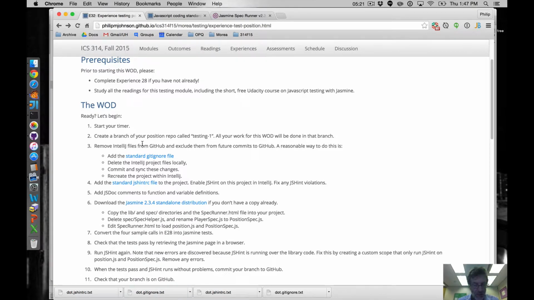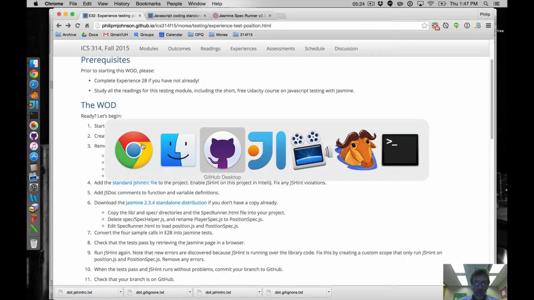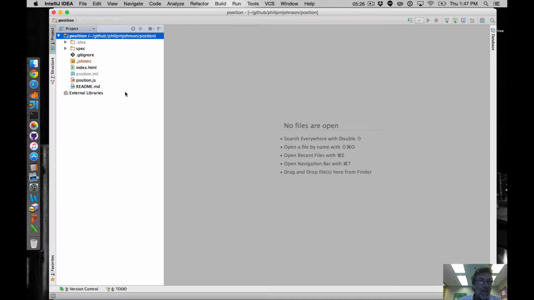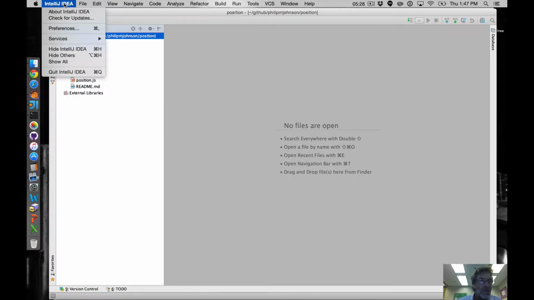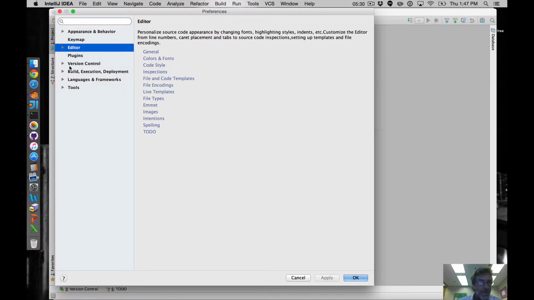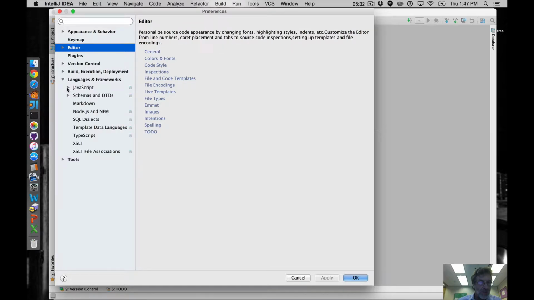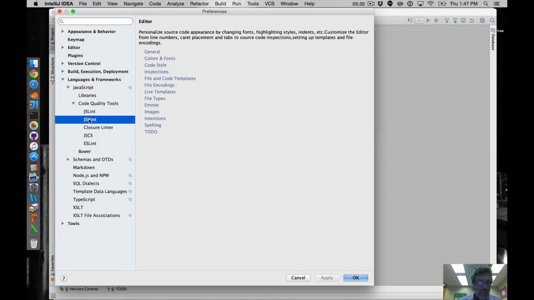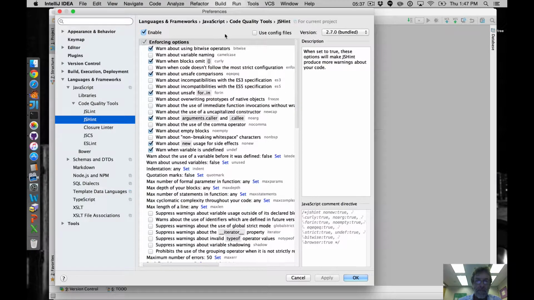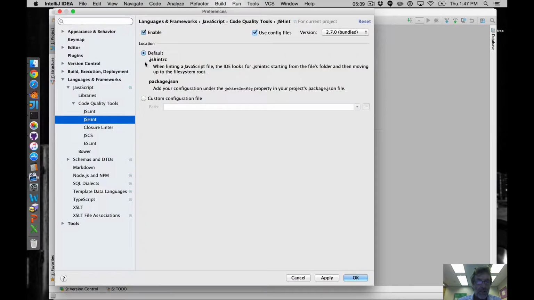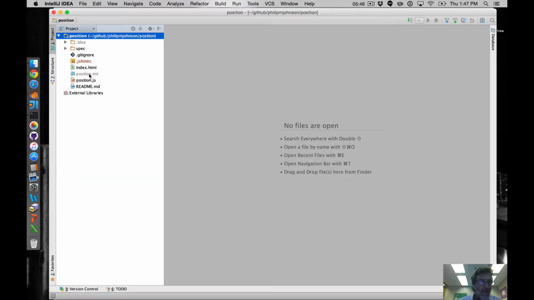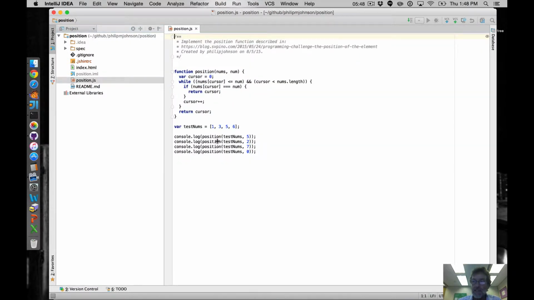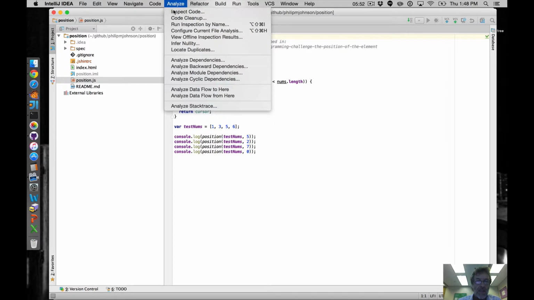Okay, so then we enable JSHint on the project. That involves going to Preferences, Languages and Tools, JavaScript, Code Quality Tools, JSHint, Enable, Use Config Files. We're going to use the default mode, which is use the .jshintrc file when it can find it. Click OK. And now if we go to position.js, and run our inspect code,